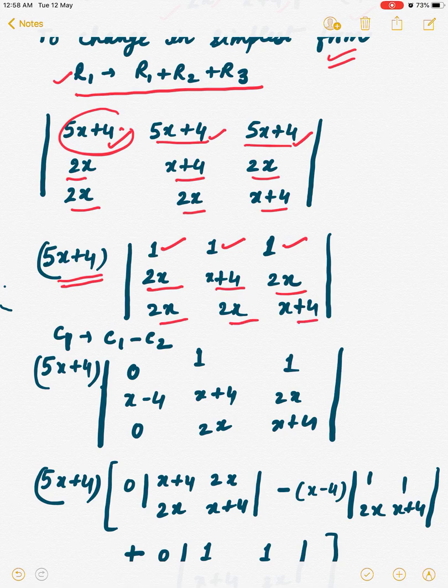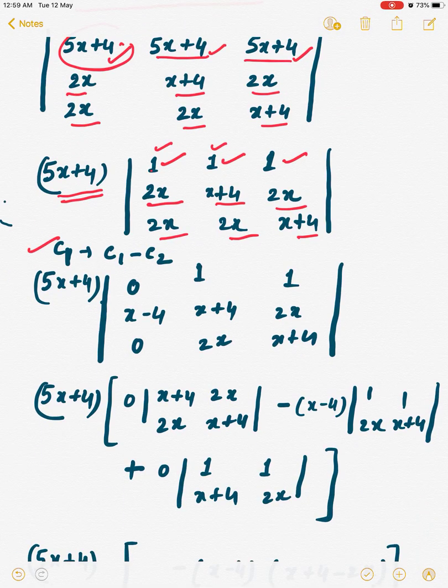Now you see, as we get 1, 1, 1, then easily we can convert this into 0. If I subtract C2 from C1, then exactly 0 I will get here. So my next operation is: I'm making a change in column 1 minus column 2. So what are the results there? 1 minus 1, this is giving 0. These two on subtraction. And here again 0, and the rest of the two columns as it is, no change there.